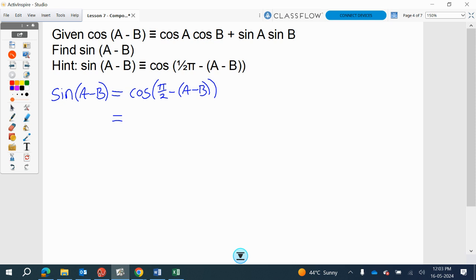Sorry, Sarah. So to make this simplification, I'm going to shift the minus A across like this into that bracket. So then I have this over here. So I'll take the A out of the bracket, and it becomes negative, but move it across, put it in the first one. Now, using the compound angle identity,